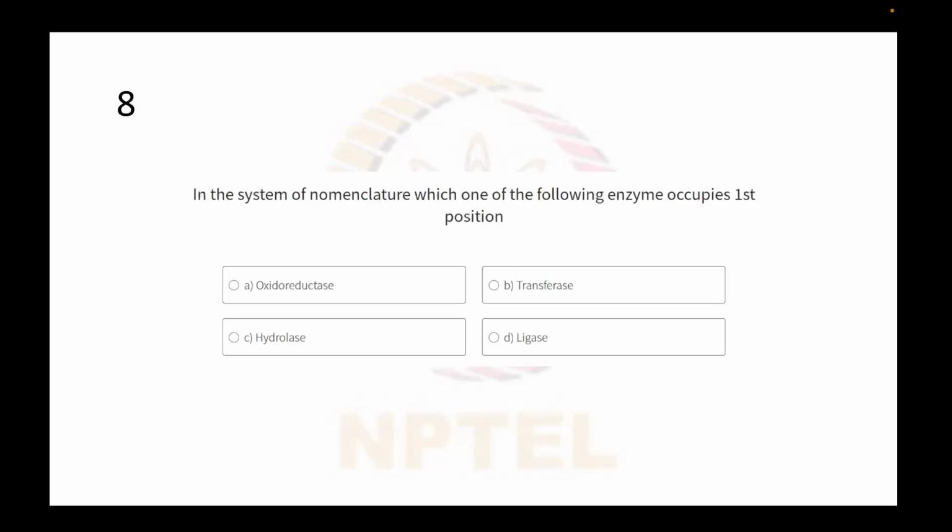So the Enzyme Commission, that is the EC system, classifies enzymes into 6 major classes based on the type of reaction